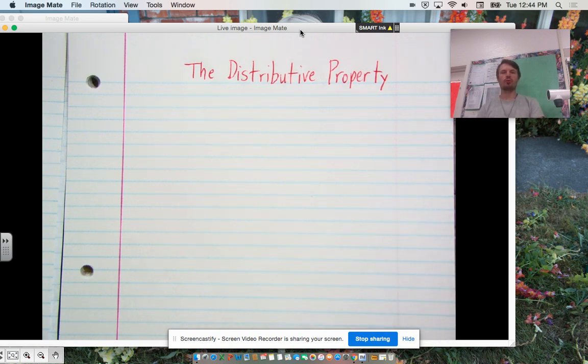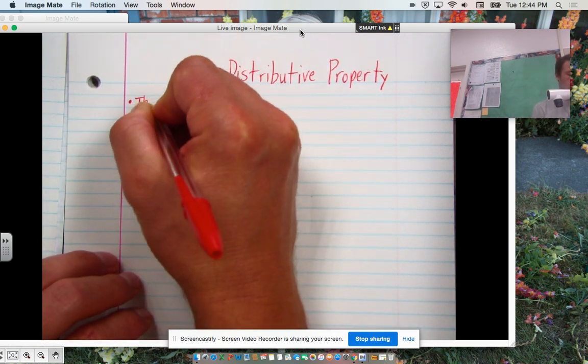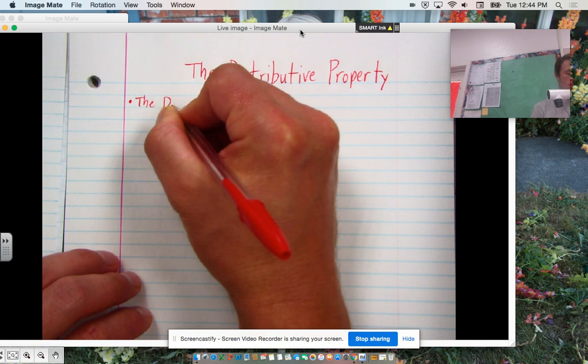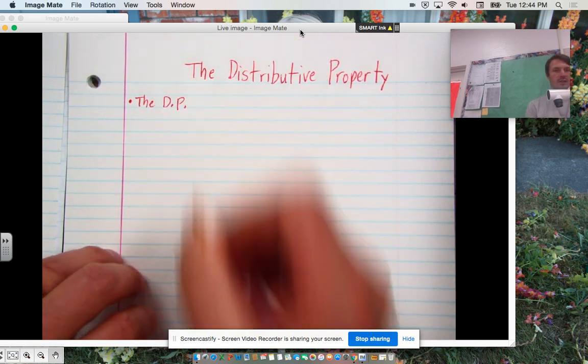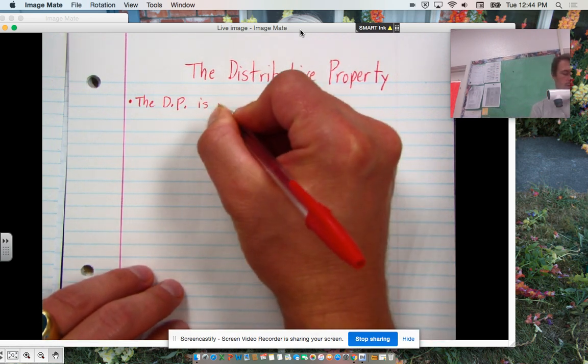Now, remember that a property in math is kind of like a rule or law that numbers always follow. And let's start off with some notes. The distributive property, you can just write DP since we already wrote it at the top. We'll know that DP stands for distributive property. The distributive property is where